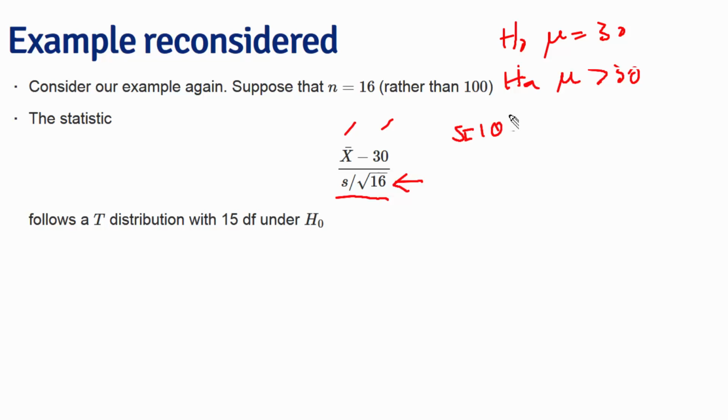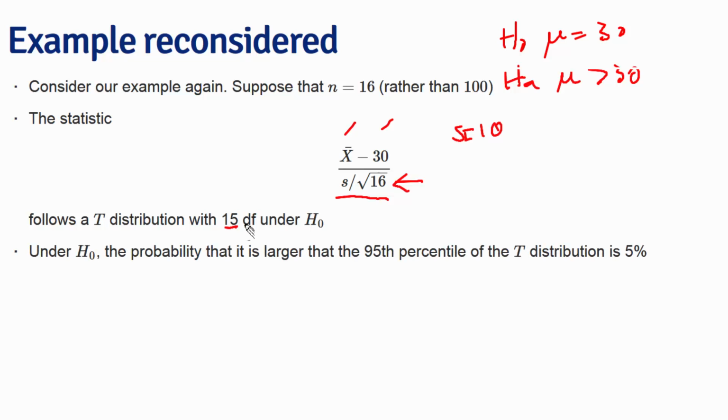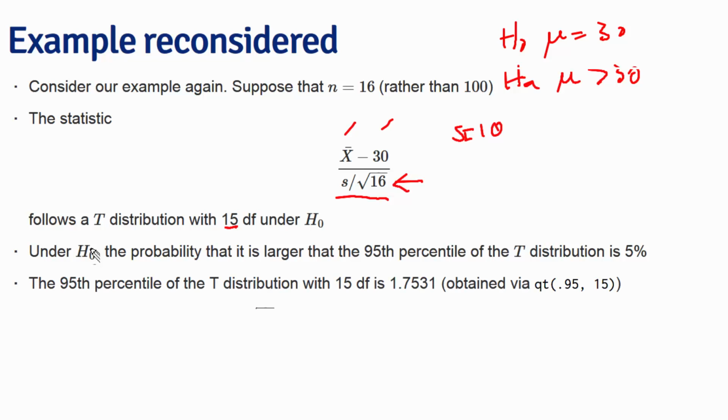This test statistic, how many estimated standard errors from the hypothesized mean the sample mean is, follows a t-distribution with 15 degrees of freedom in this specific case. So under the null hypothesis, the probability that it is larger than the 95th percentile of the t-distribution is 5%. So we need to calculate that 95th percentile of the t-distribution. This can be done with qt, 0.95, and 15 degrees of freedom, which works out to be